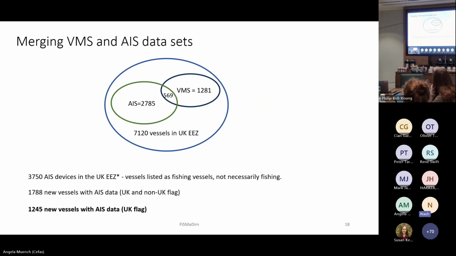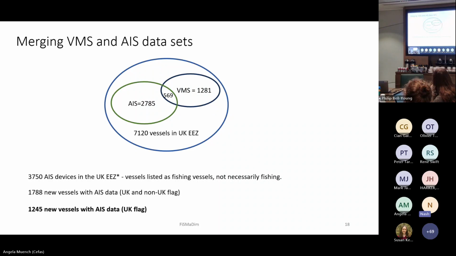And then we look at, okay, how many vessels with AIS data are operating in the UK EEZ? And we found 3,750 vessels, which are listed as fishing vessels, but not necessarily fishing in the UK EEZ. But then we matched that with the list of active vessels fishing in the UK provided by MMO, and we see that we had information for 2,785 vessels.